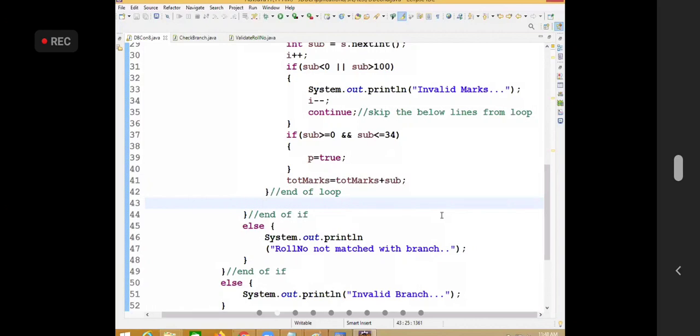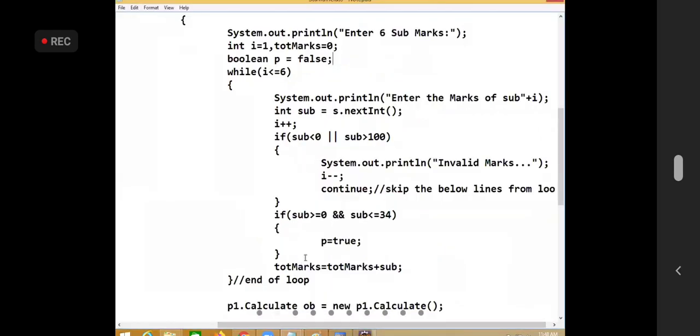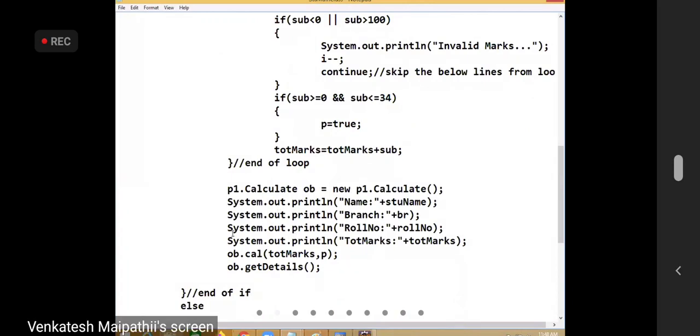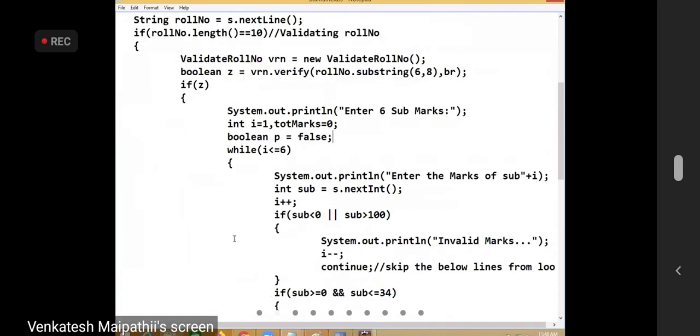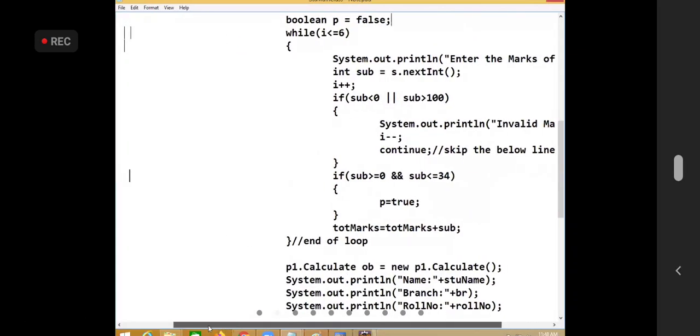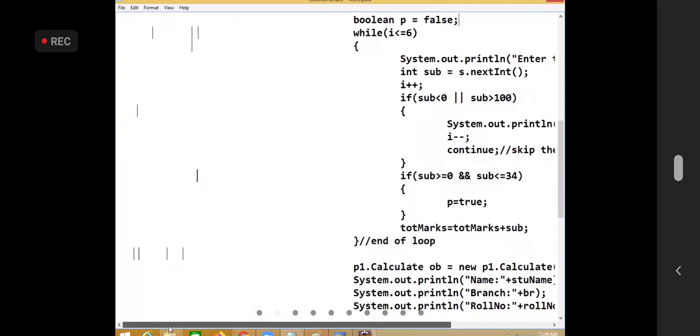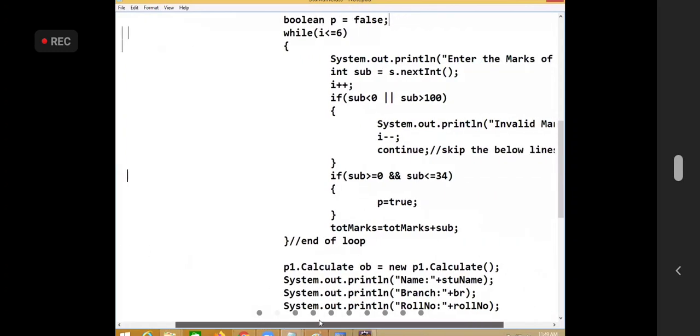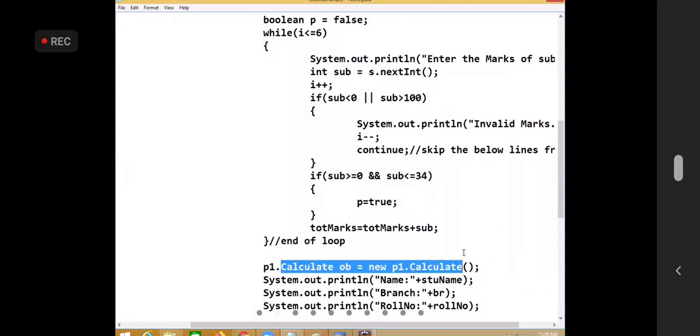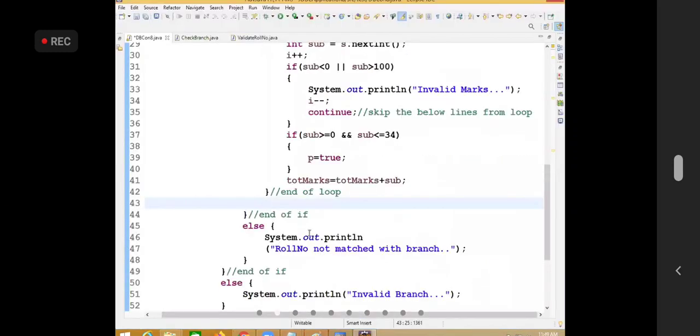Calculate. So for that, calculate sum. Create object for calculate.